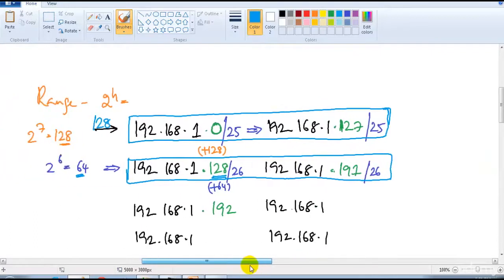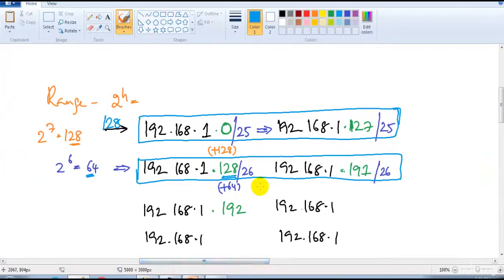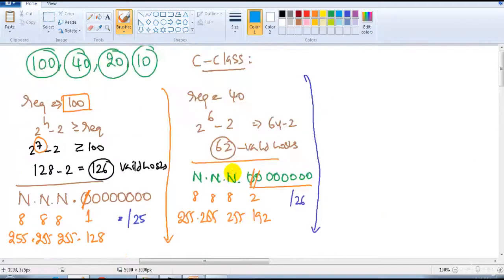So we are given this address range already, 0 to 127 for some branch office A, and this is for branch office C. Now the next requirement is how much? Again, for the next requirement we have to calculate in the same way. So the requirement is how much? 2 to the power of 5 satisfies my condition, 32 minus 2, so 30 is your valid host